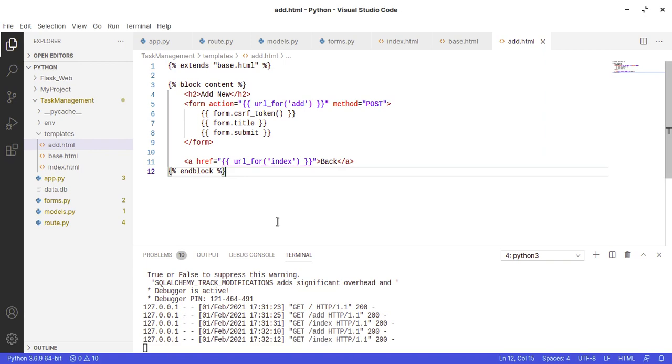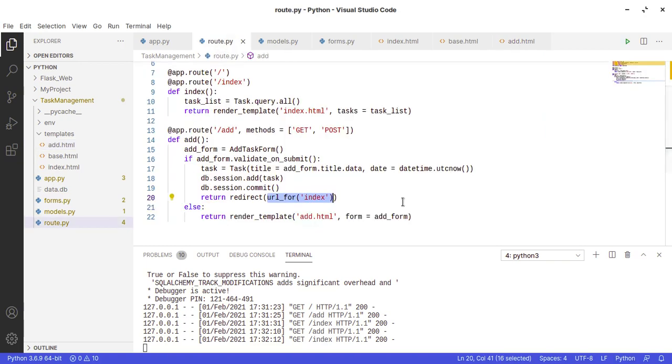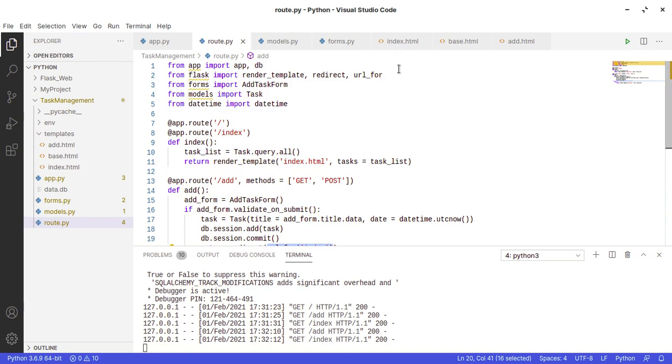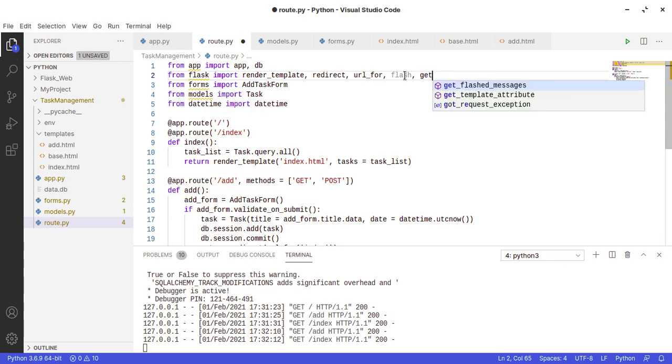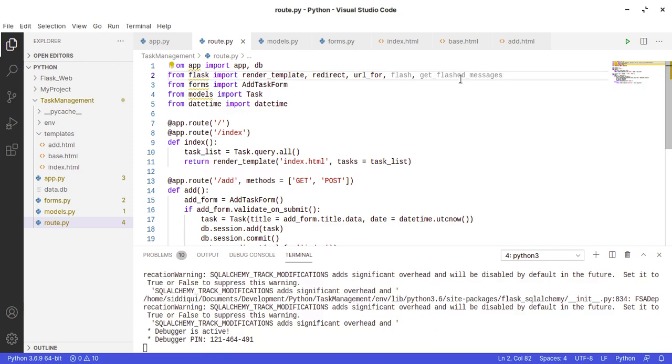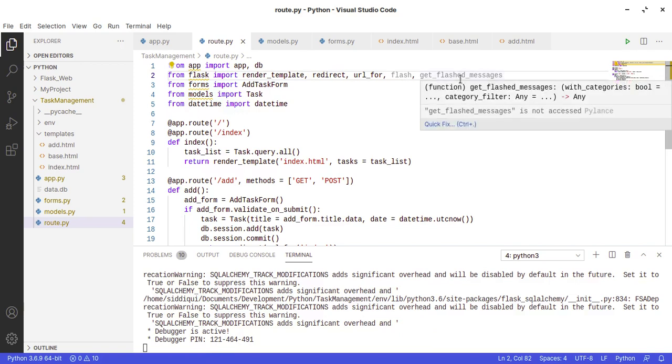In Flask we have a very handy feature called flash. These messages are called flash messages. We can import flash and get_flashed_messages from Flask. The get_flashed_messages, you can just consider like a stack of messages.